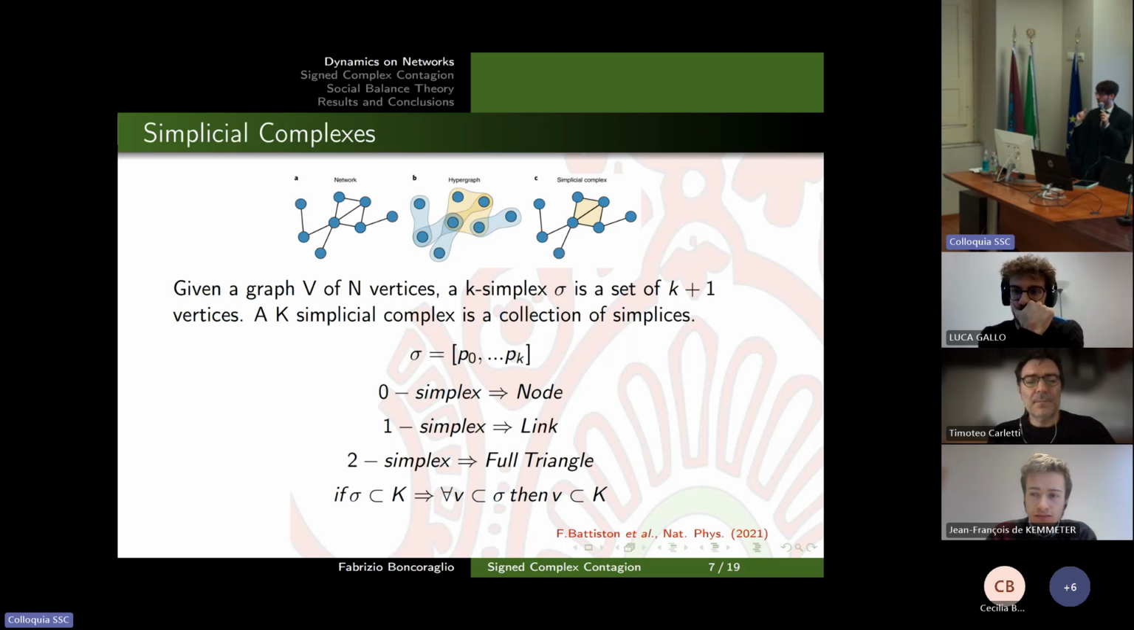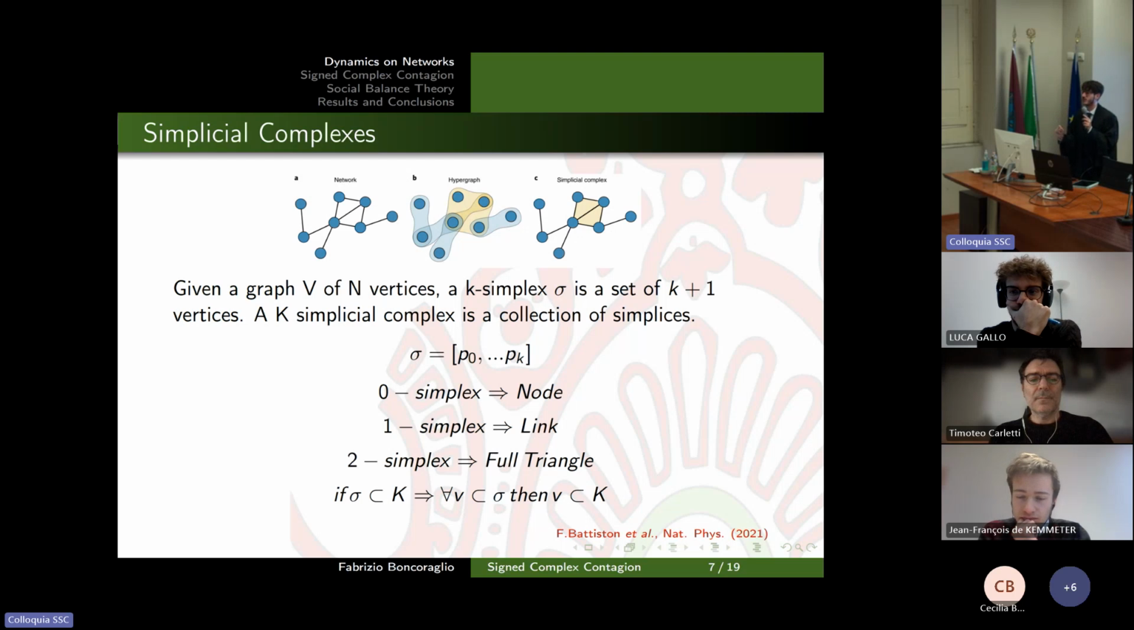For k equal to 0, we have nodes, okay? In the sense that we have a collection of one vertex, so nodes. For k equal to 1, we have links, because we have collections of 2 nodes, and this is the definition of a link. For k equal to 2, which is the one at which we stopped, but the idea can be perfectly generalized to higher order structures, we have full triangles, in the sense that we model the group interaction,